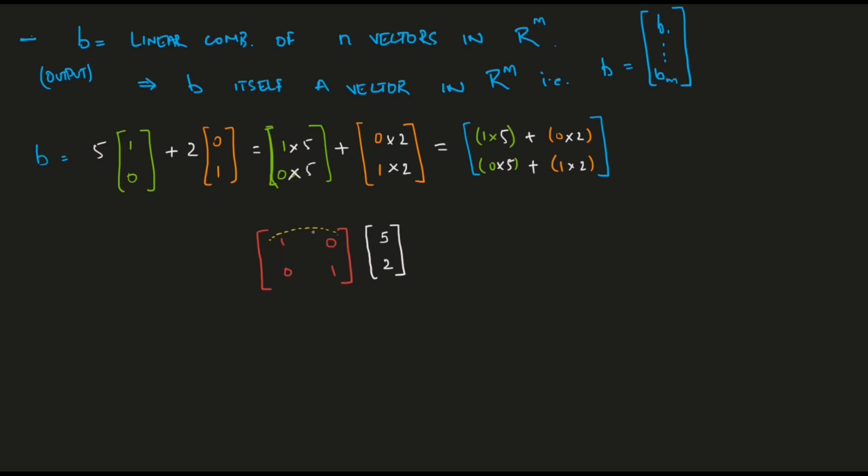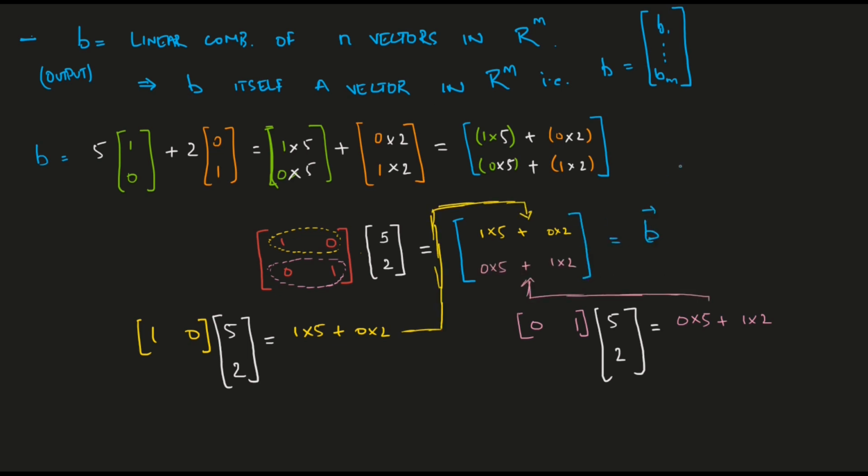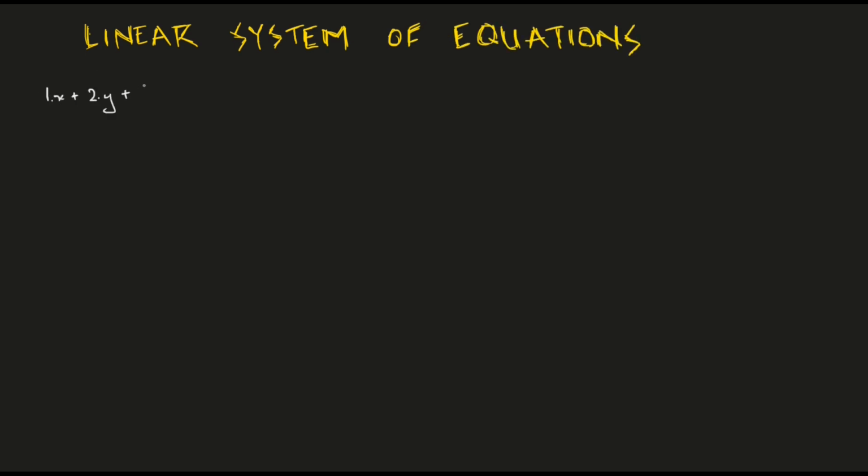Take the first row of the matrix and multiply with the entire column vector. Carry out this multiplication using the definition we've already learned. Separately, take the second row and multiply it with the column vector. The first element in the solution is given by the multiplication of the first row and the column vector, and the second element is given by the second row and the column vector. This multiplication of a row vector with a column vector is also called an inner product or dot product of two vectors. Looking at matrix vector multiplication this way helps us to convert a linear system of equations into matrix form and vice versa. Now let me show you how.